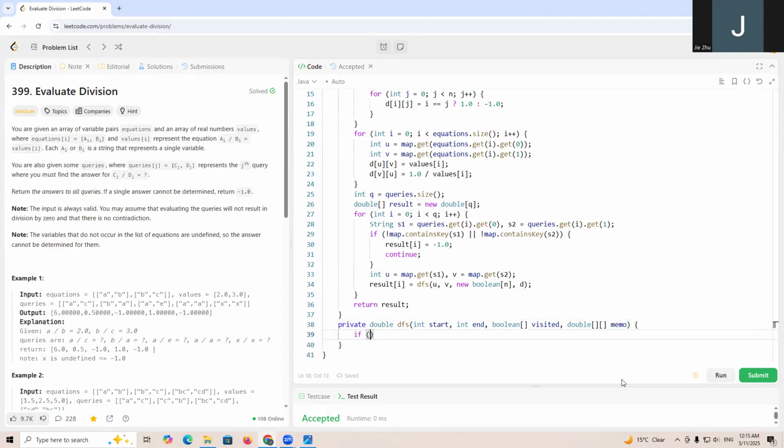So we'll say if memo[start][end] is not equal to -1, then